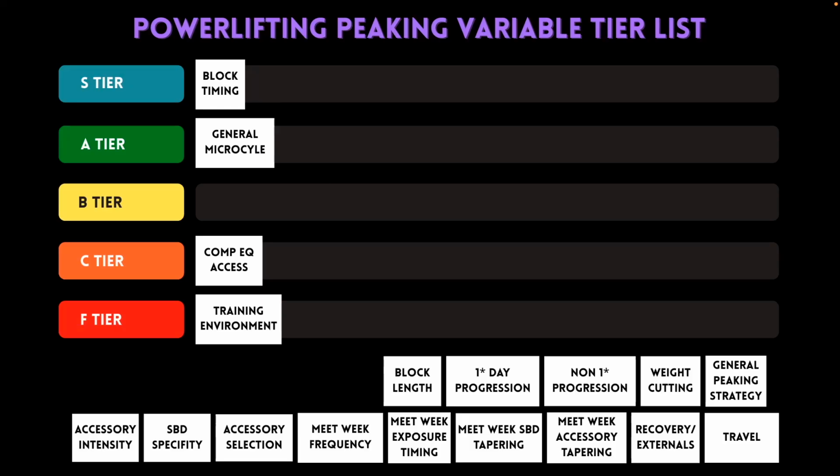And I think block length is the next one, and I think that is similar. It goes hand in hand with block timing, but it's more so a result of timing those blocks, if that makes sense. So, for example, like what we were talking about before we hit record, say someone has a 12-week prep and they're training into the meet. So that final session of those 12 weeks would be meet day, like the week 4 Saturday, whatever day it is, for meet day.